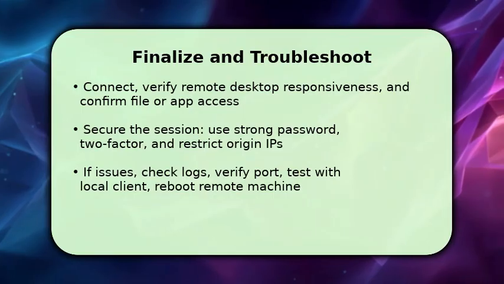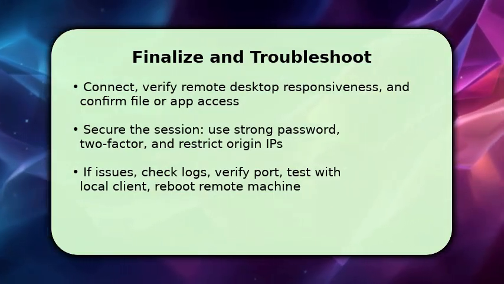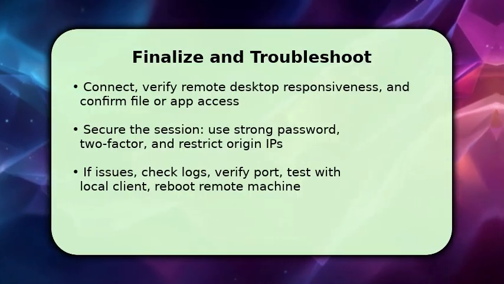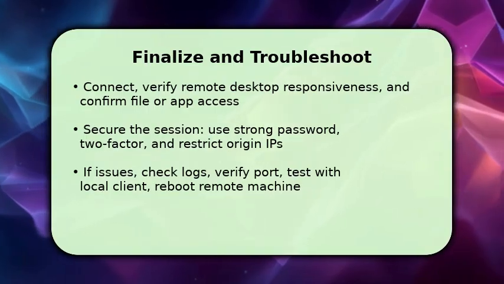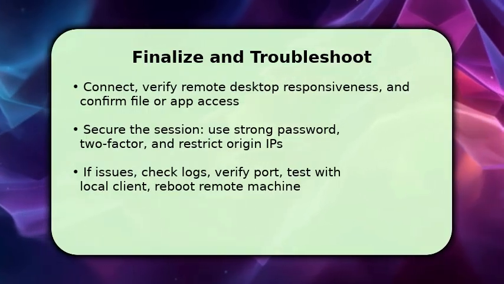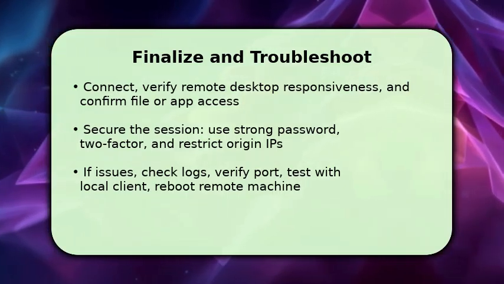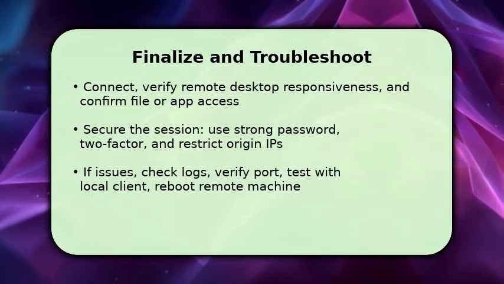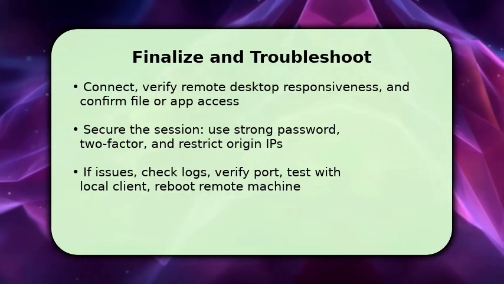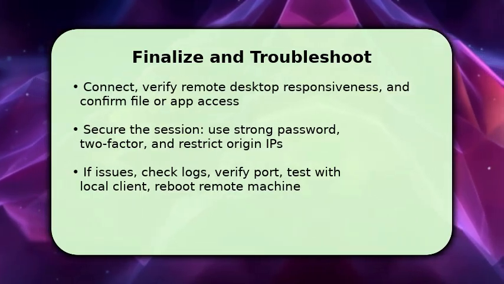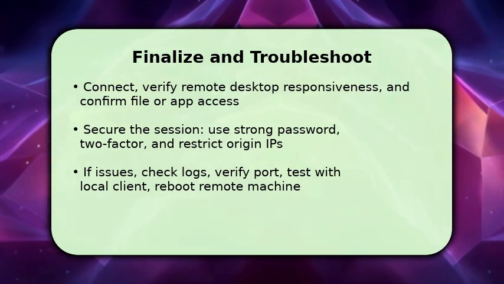You complete the process by connecting and verifying that the remote desktop responds and that files or apps open as expected. Make sure the session is secured with a strong password and two-factor if available, and restrict allowed origin IPs for repeated use. If you hit a problem, check RDP Lite logs and system event logs, confirm the port and firewall rules, try a local client to isolate network versus server issues, and if needed, reboot the remote machine. This resolves many transient